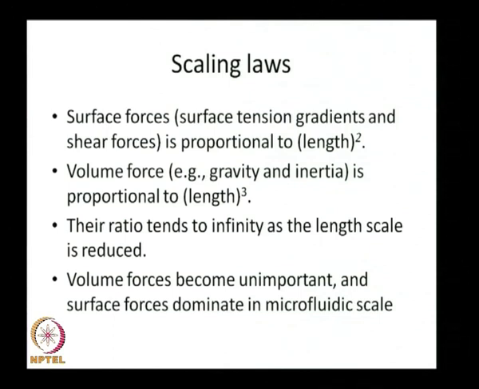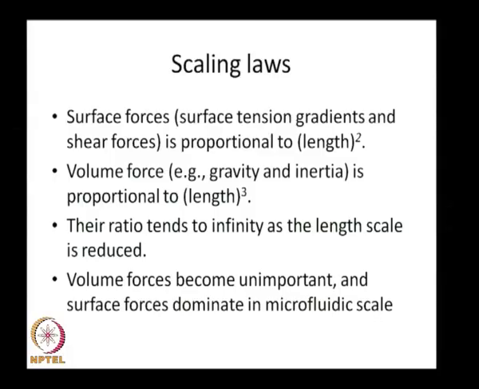When we get to this microscale transport process, you are already familiar with transport phenomena, you have already studied it. The way this is different is that there are certain scaling laws which I need to visit first. The scaling law, I can put it like this: